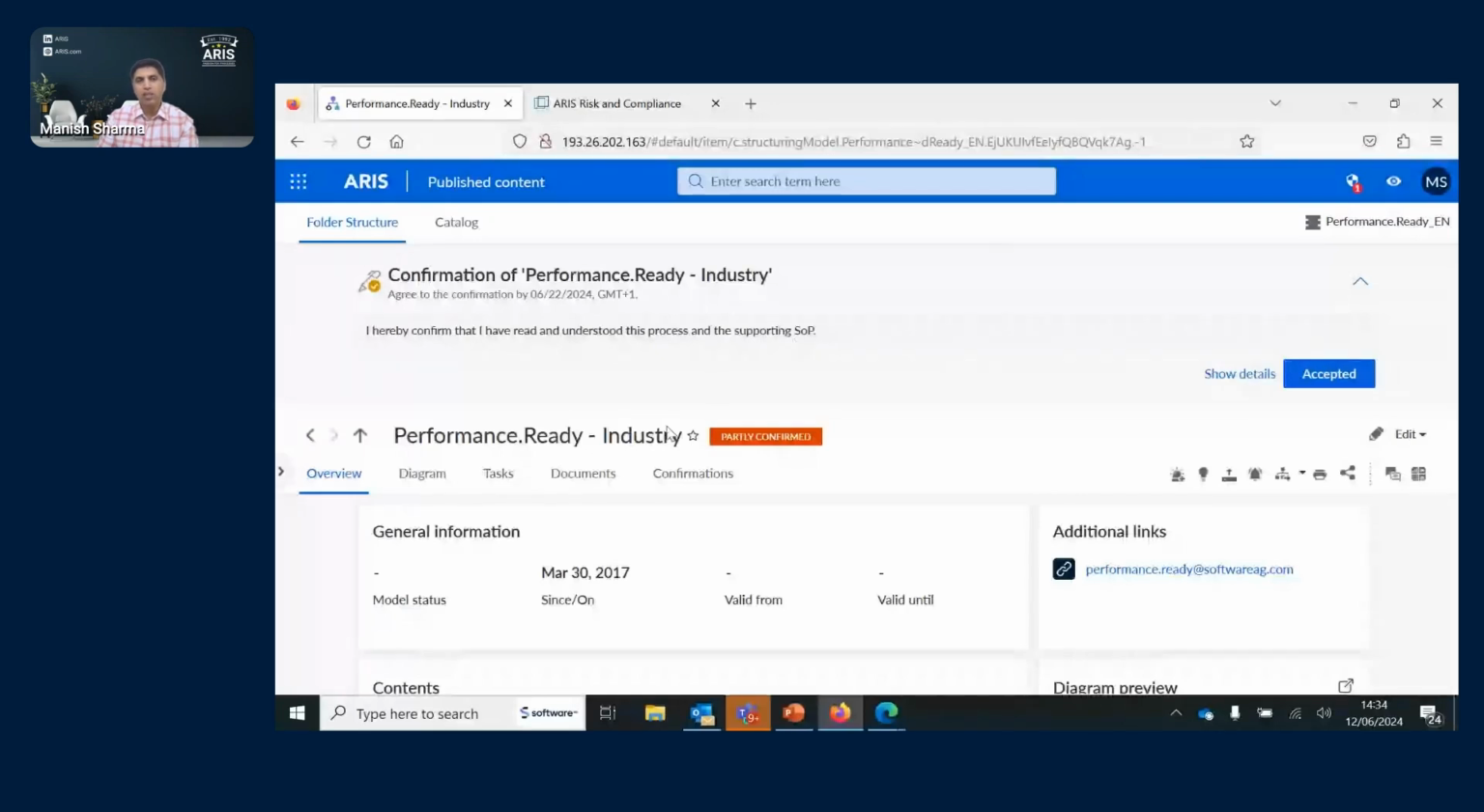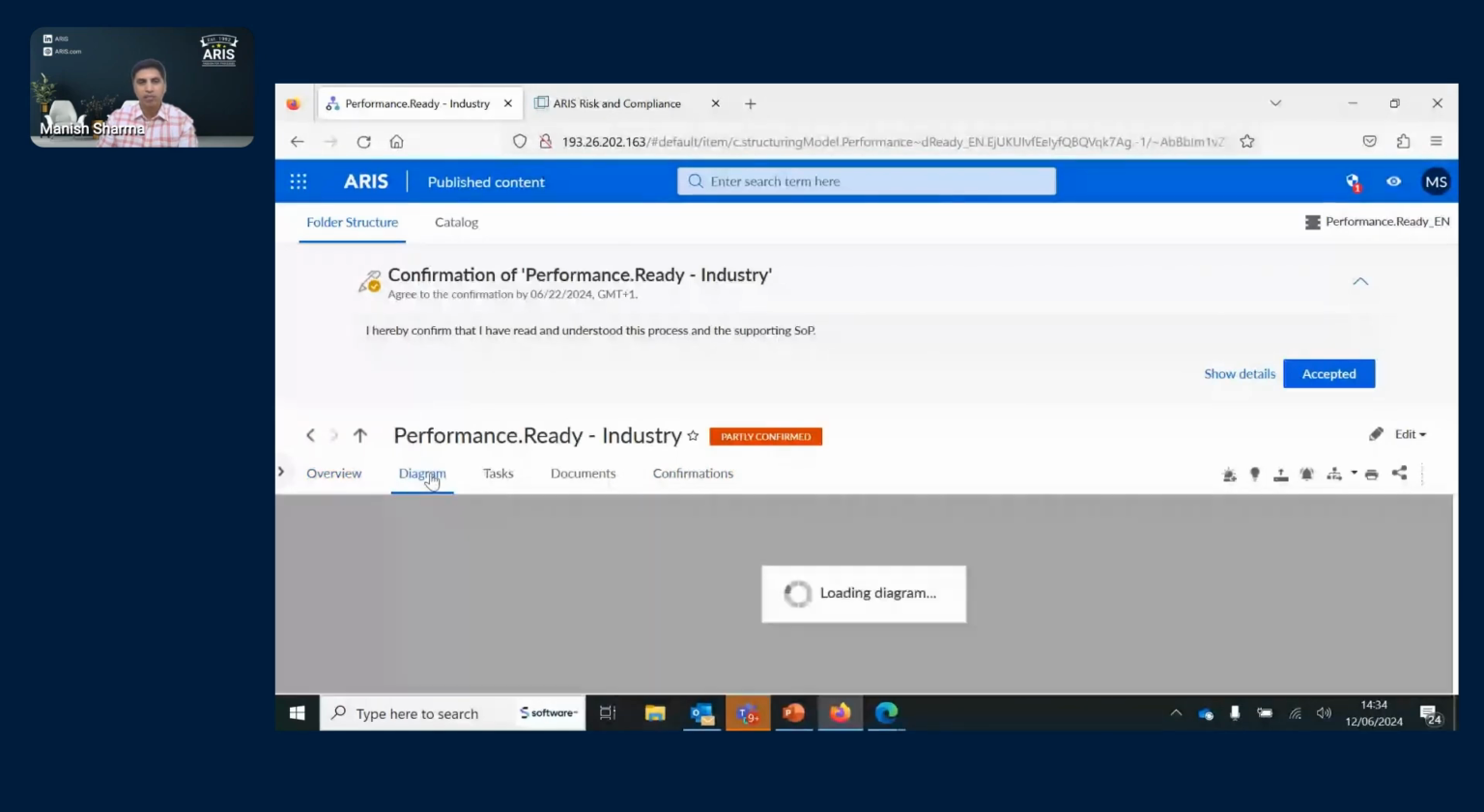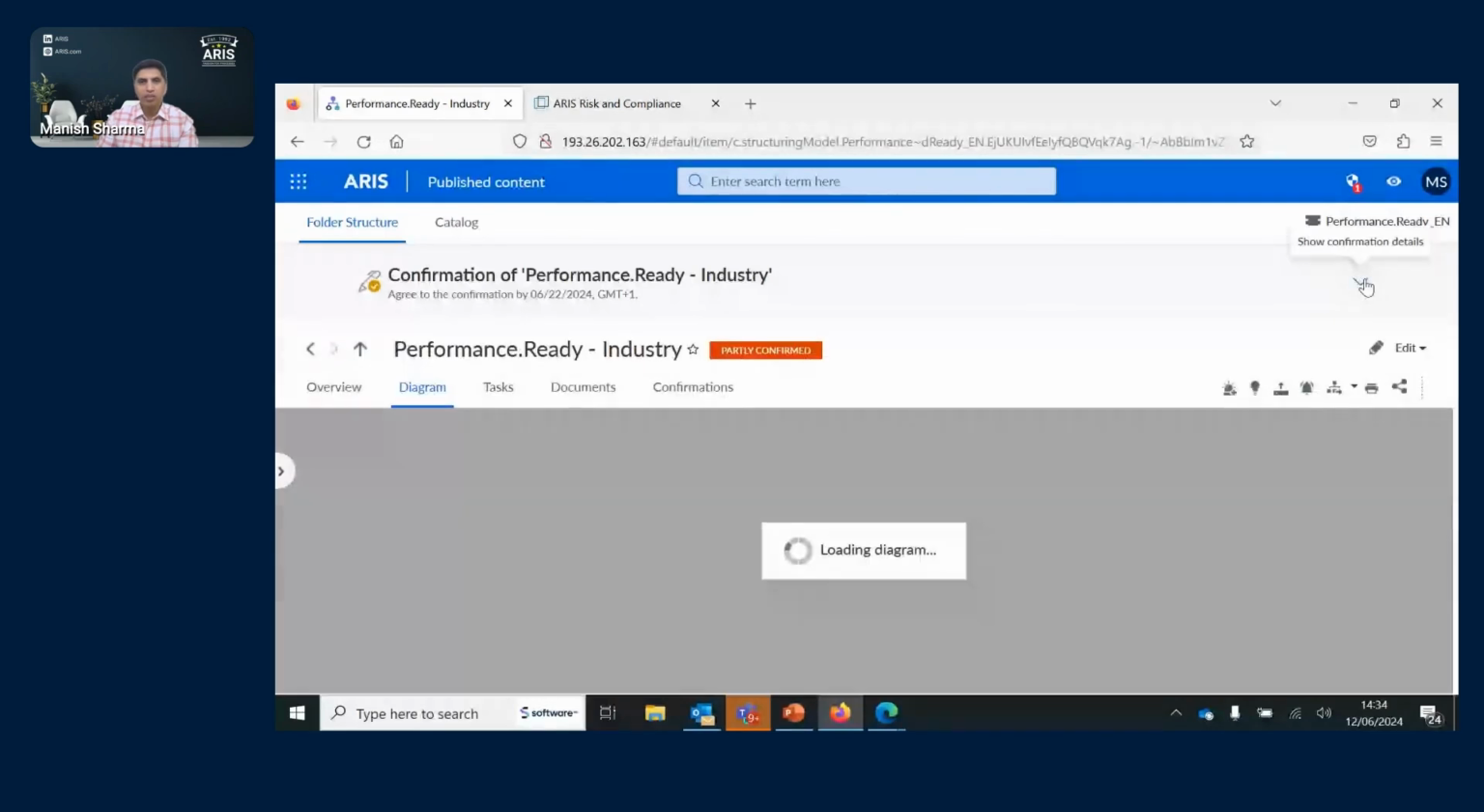So that's available here. At this point, you could go through this process and see everything about it. You could go to the diagram view. You can also collapse this to make room for the process. And once you have seen all of it and have read the supporting documents,